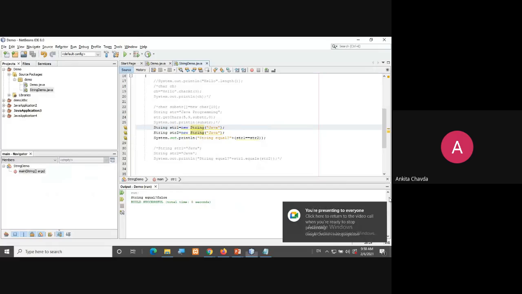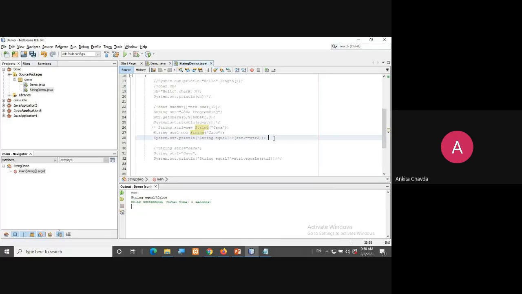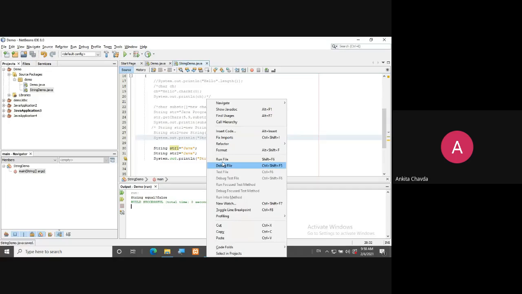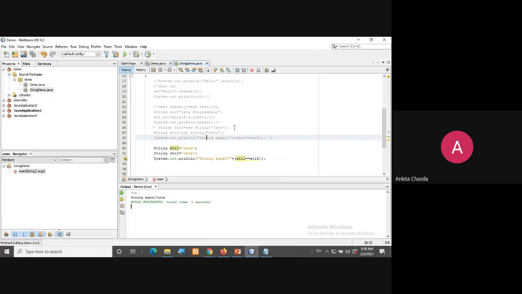The same thing, but now we are doing it with this one. We'll apply the same thing over here: string1 equal equals to string2 or not. Again we'll save and run this. What is the answer? True.